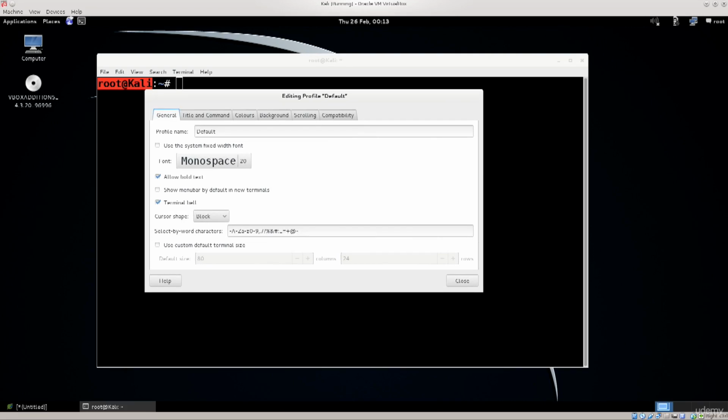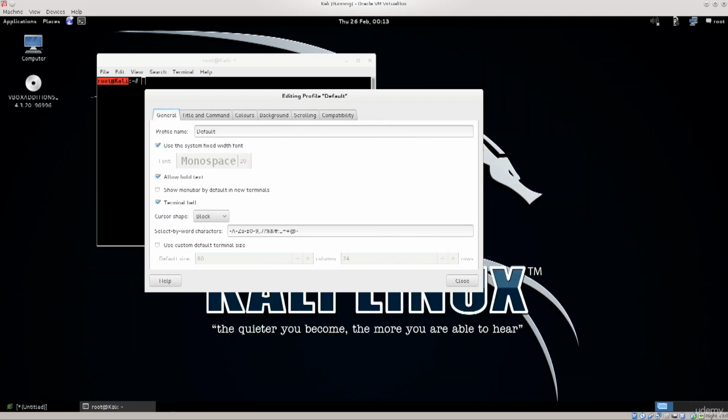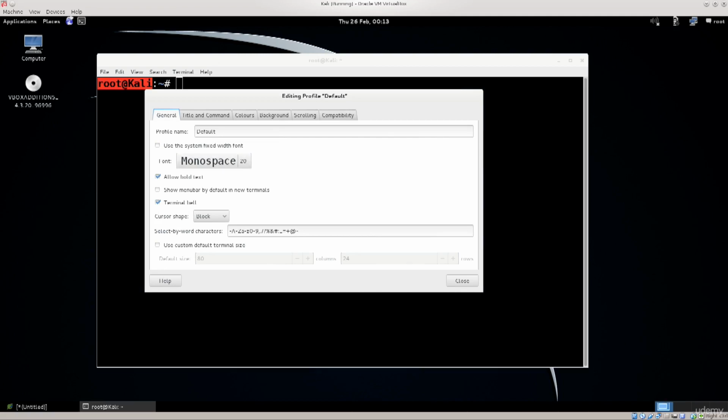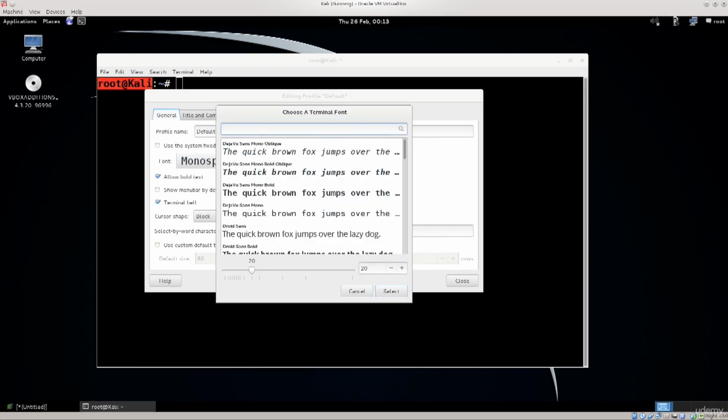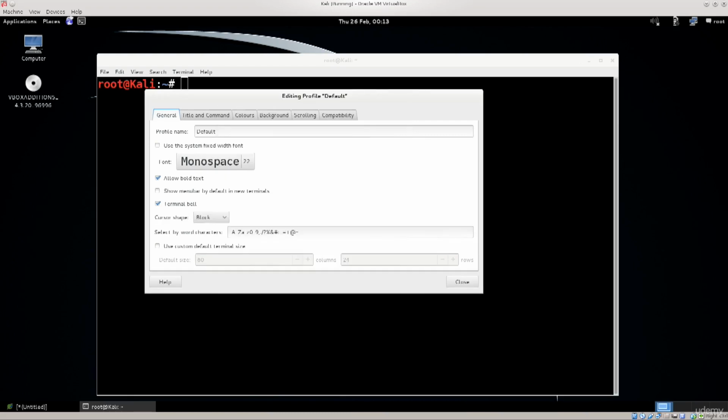and here you have a great deal of options. One of the first ones that you will see is that you can use a system fixed width font. So this is not good. You see, this is very small. I always need to change that. If that's fine for you, you can keep it like that, but I always change it. And I have monospace 20. If you click on it, you can change the font size here. If you wish, you can change the font that you're using,